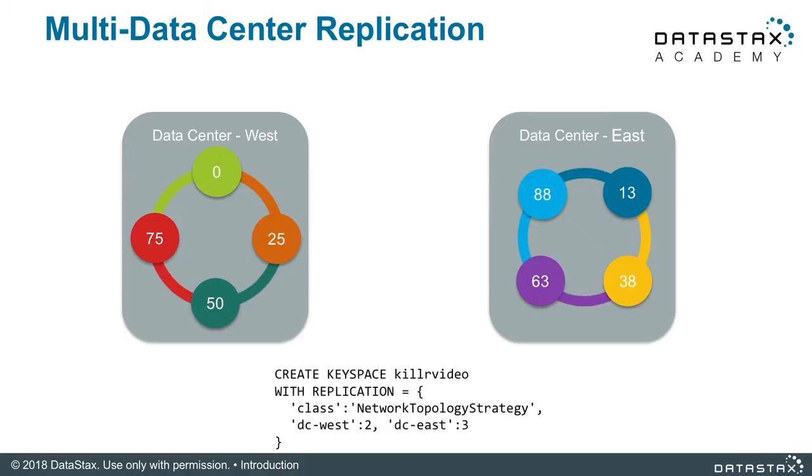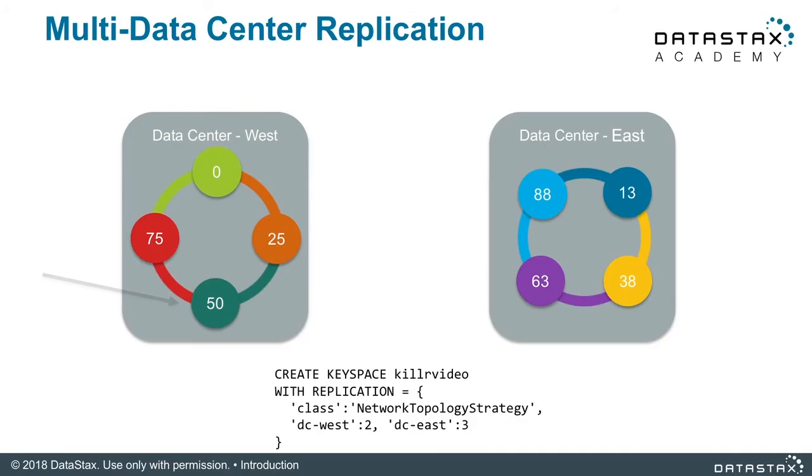So when you're writing data into your cluster, you know that it is being replicated properly. Now it uses the snitch to make sure that the data is indeed replicated because it is topology aware. However, how it replicates is really interesting. Whenever you set up the key space with replication, again, key space stores replication information. In this case, we have 2 data centers, west and east, and we're specifying a certain replication factor independently for those 2 data centers. That's pretty cool because now you can be very controlled in how you replicate your data.